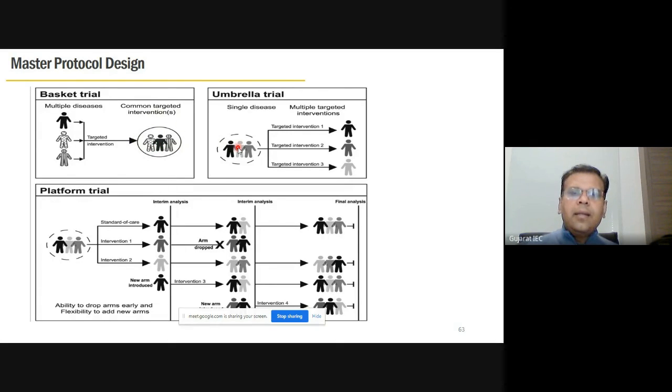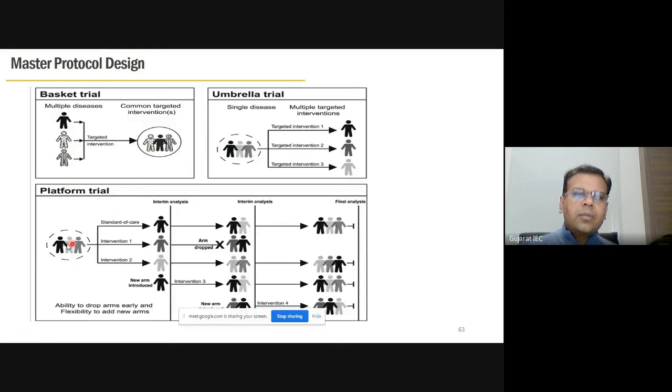On the other hand, there's a single disease. So if we consider, say, the disease of breast cancer, you target different drugs, like drug A, drug B, drug C, and if it works, that drug is targeted. Multiple drugs are targeted to one particular indication, and the other way around is multiple indications with only one targeted drug. And there's a third one, known as a platform trial, as we have the railway